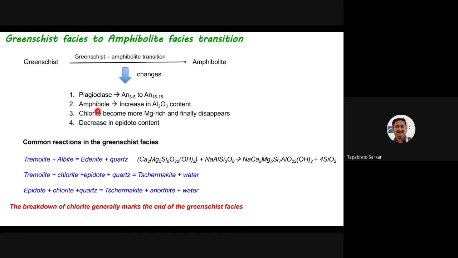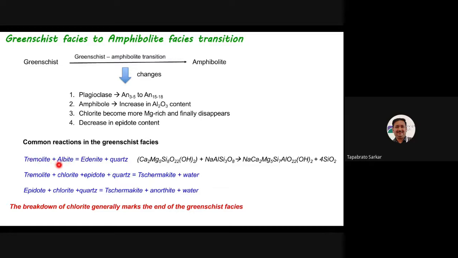And then obviously there is a decrease in the epidote content, and some amount of epidote still remains in the amphibolite facies. We will discuss that right away. But the content obviously decreases quite a lot. So if we look at the common reactions which occur from the greenschist to the amphibolite facies,